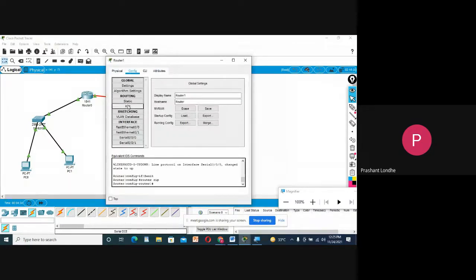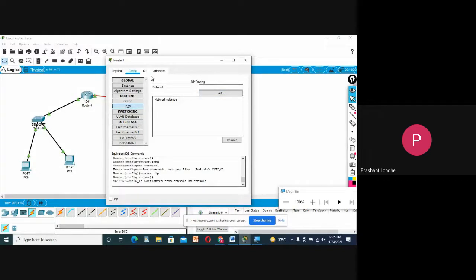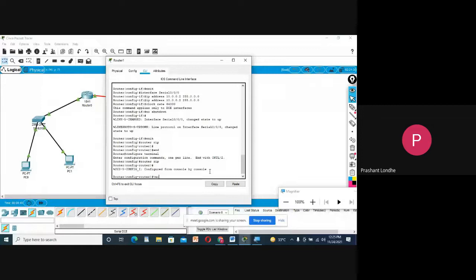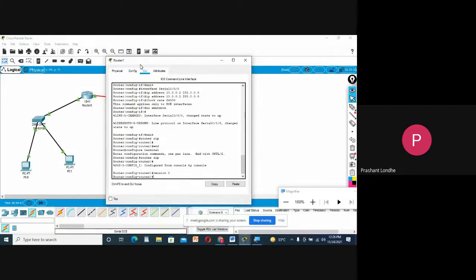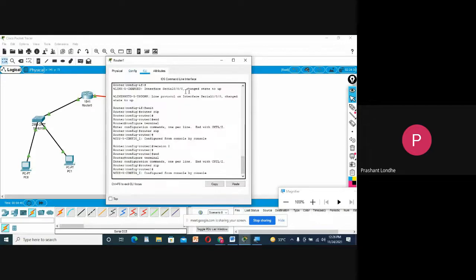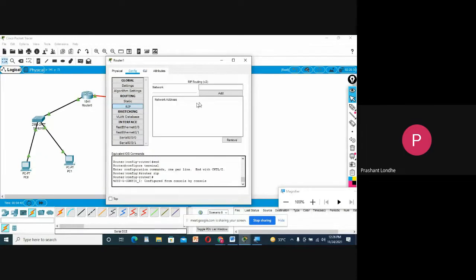Similarly, I will do the same thing over here. Version 2. 172.16.1.1 and 10.0.0.0.